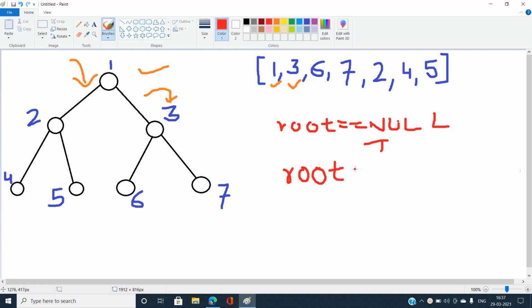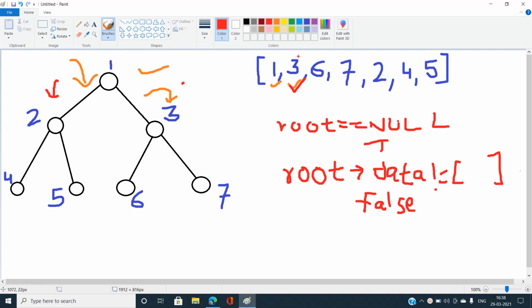If this condition passes, then our program runs to the next if condition, that is, if root's data, my current node's data, is not matching with the current desired pre-order traversal of the binary tree. Let's say I'm going to check for this 3. If this is not going to match with this value, we are just going to return false. As you can see, when I have reached node 2, it is not matching with this 3. So we need to have a good condition for when we need to perform a flip operation. So how are we going to identify that?